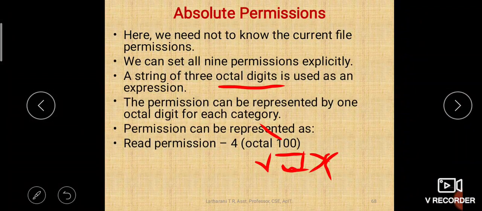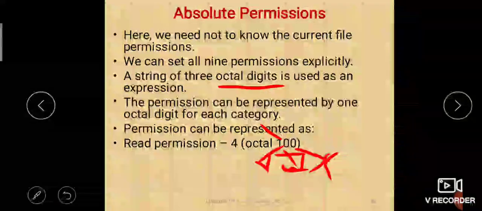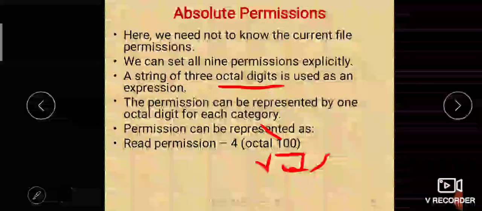In the place of R 1 is there, and in the place of W and in the place of X 0 is there. So it is representing absence of write permission and absence of execution permission. 1 represents presence of read permission, so it is representing the read permission.